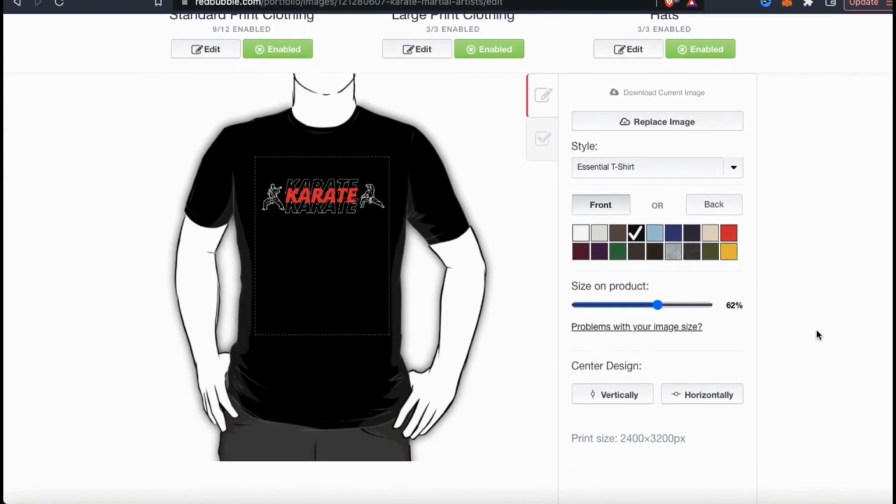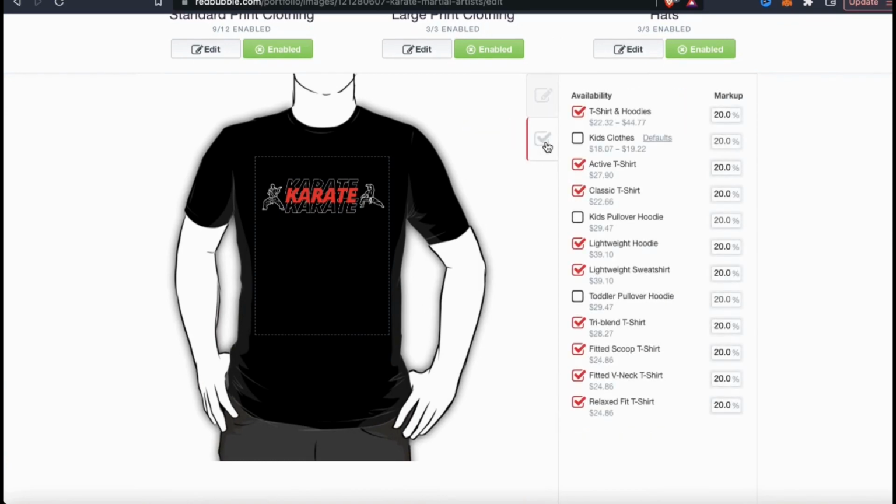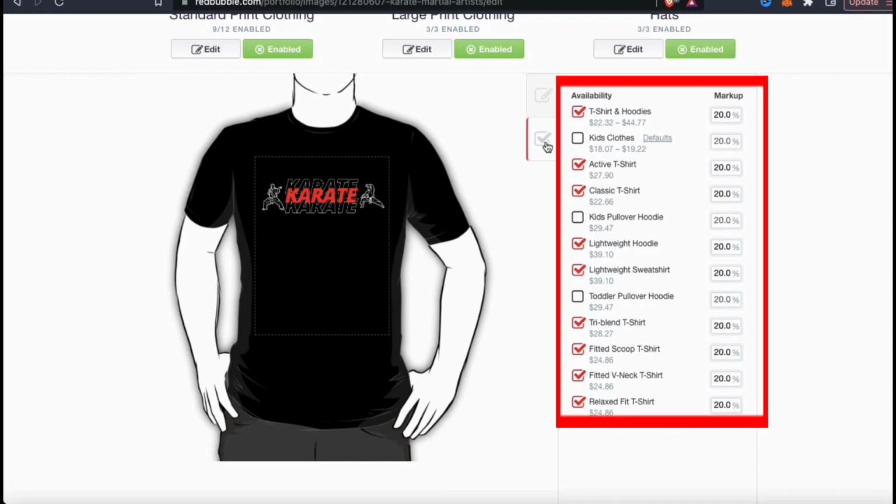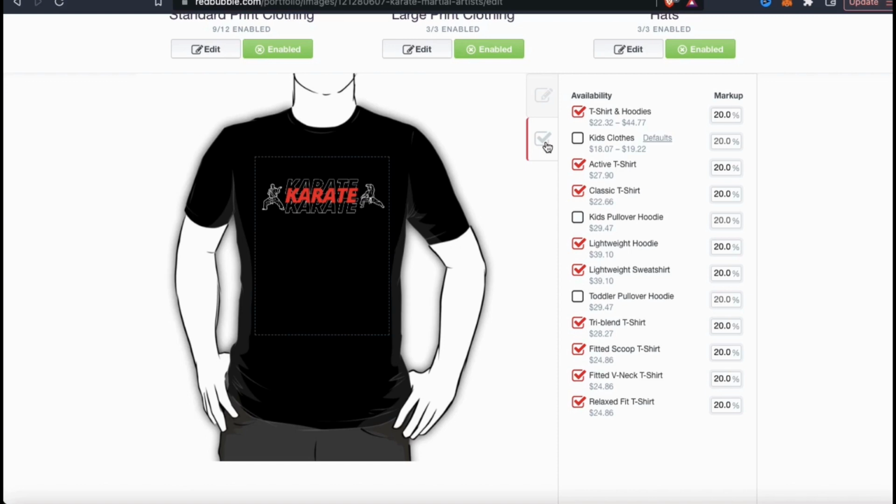From the editing menu here, let's click on the second tab to get to our product prices. Here you can see all of the products that you currently have enabled under Standard Print Clothing and their markup percentage. If we look beside Classic Tee, we can see the current markup percentage is 20%, giving us a current price of $22.66. But I think I'll raise my markup percentage up to 25%, increasing my price to